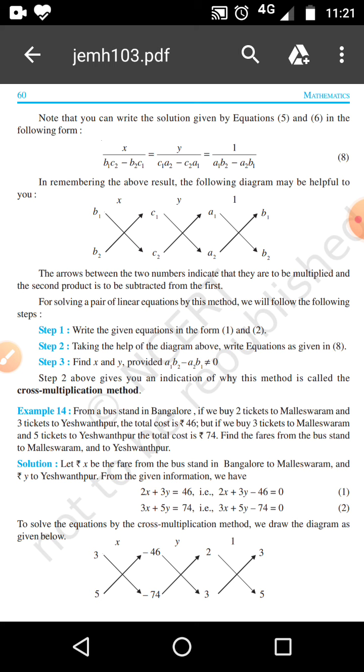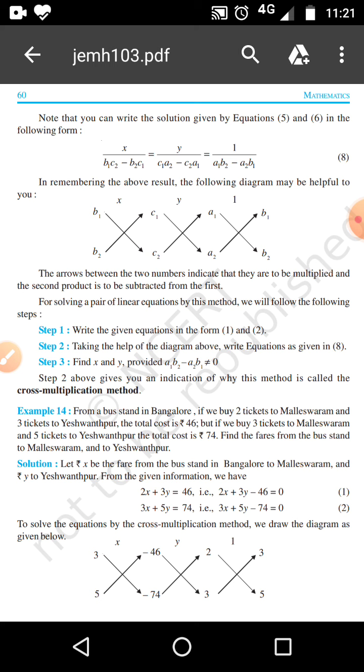As you know, we already discussed some topics before, that is, algebraic methods of solution of a pair of linear equations: the substitution method and the elimination method, which we already taught. So today's topic is the cross multiplication method. In this method